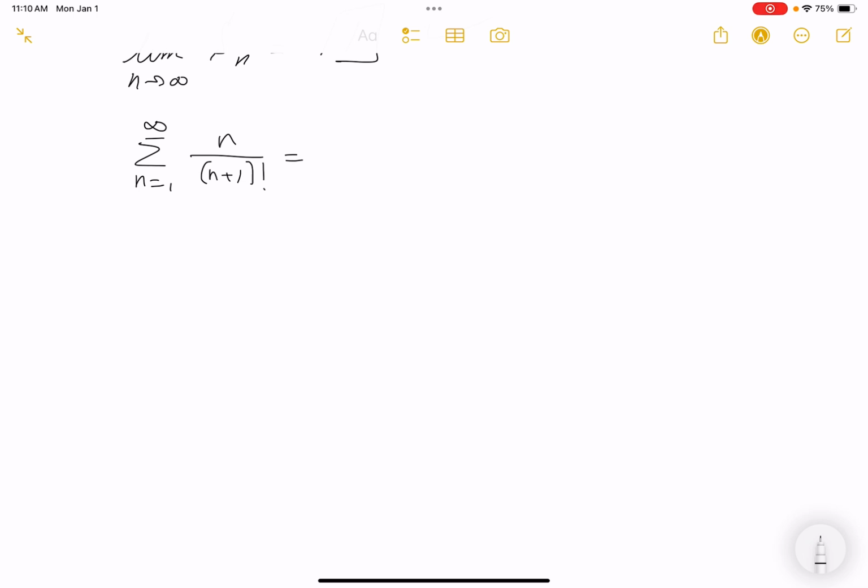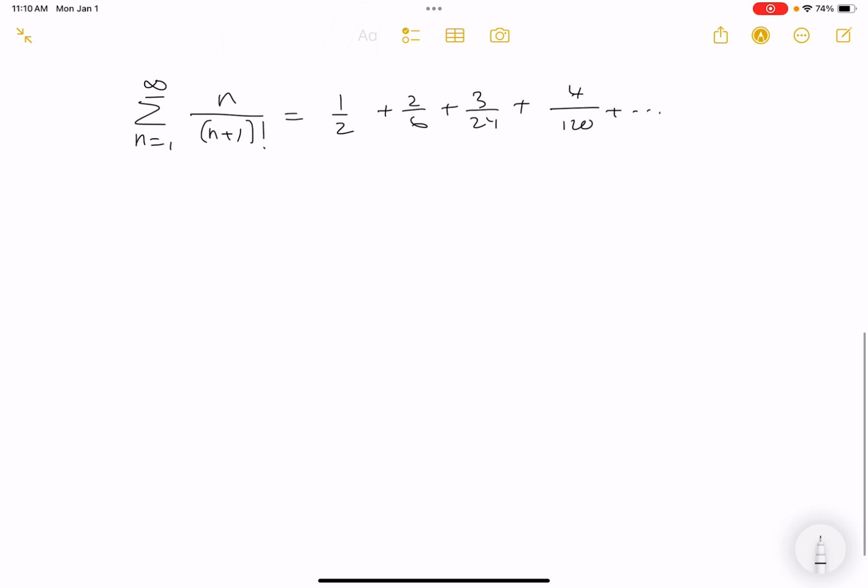right? And again, this is 1 over 2 plus 2 over 6 plus 3 over 24 plus 4 over 120 plus yada, yada, yada. It goes on forever, all right? But let's write this down. e to the x, again, it kind of reminds me of this. What's it going to be? 1 plus x